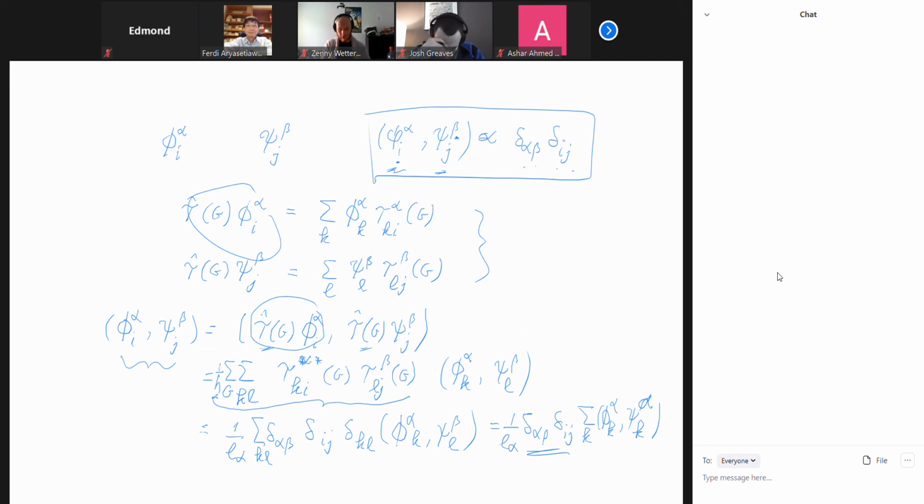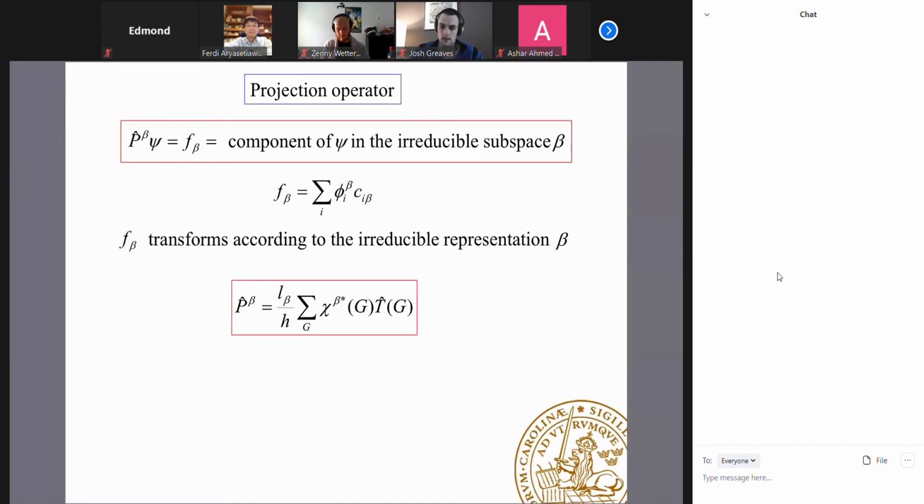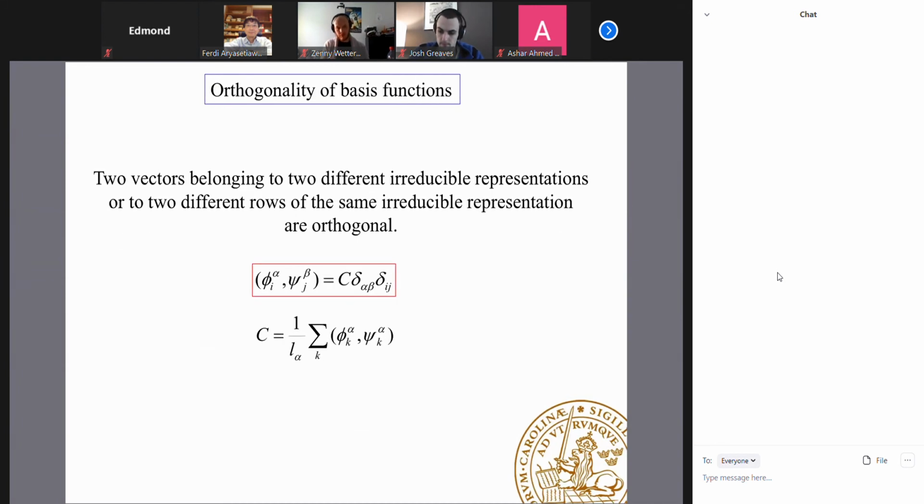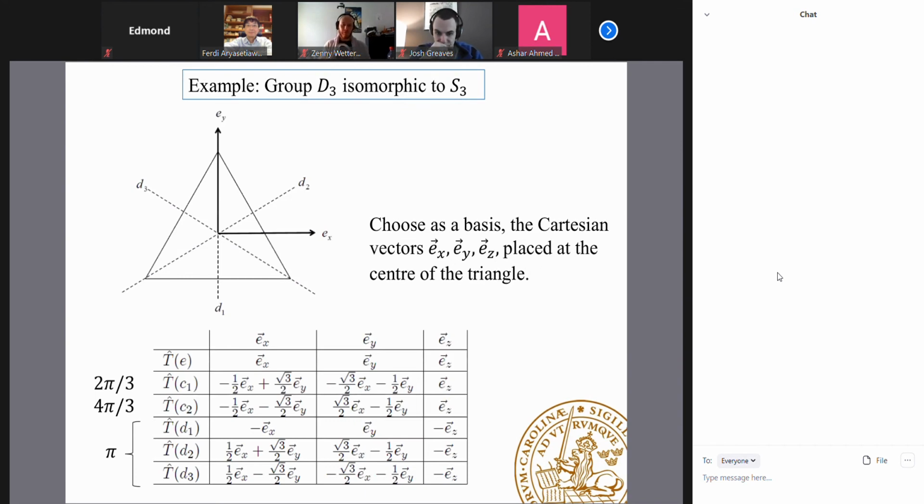Okay, so now I would like to consider an example to illustrate all of these things that we have developed so far. In particular, how we use the projection operator to classify the basis functions according to the various irreducible representations. So let's see what I have here. Yeah, here it is. So again, we take